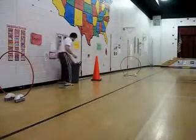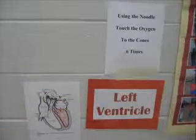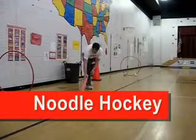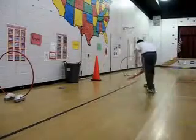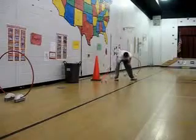Here we're going to go through a valve, which is the hula hoop standing up. We're now in the left ventricle, and now we're going to practice some noodle hockey. We're going to move your oxygen molecule to and fro using the larger noodle as a hockey stick,